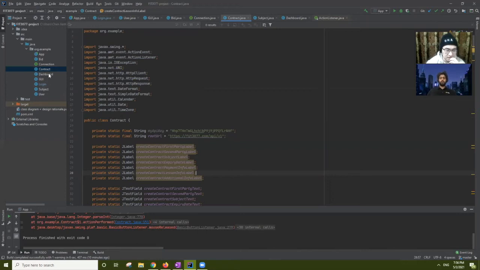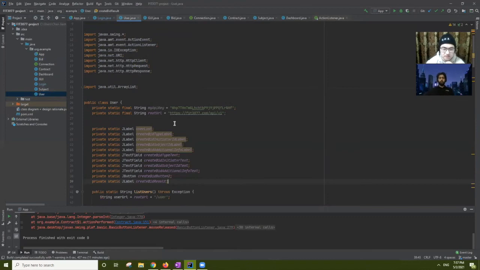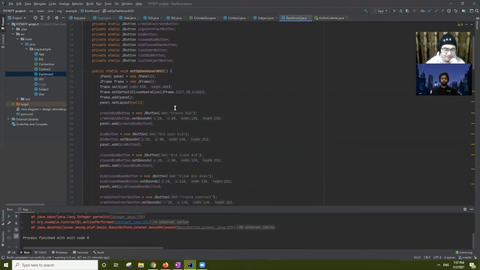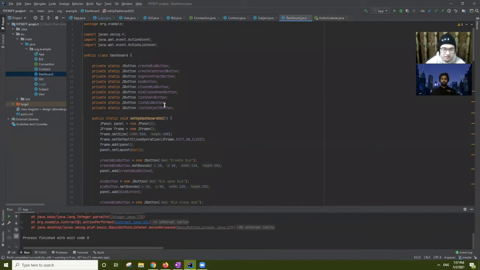So most of these classes are based on the functionalities and the UI that we considered. So we have bid, contract, subject, and users. These are all the functionalities that we want to include in the UI. And we have a dashboard class here. This is for all the buttons that we have. This is kind of an abstraction, so it's easier for us to navigate to different classes and to do